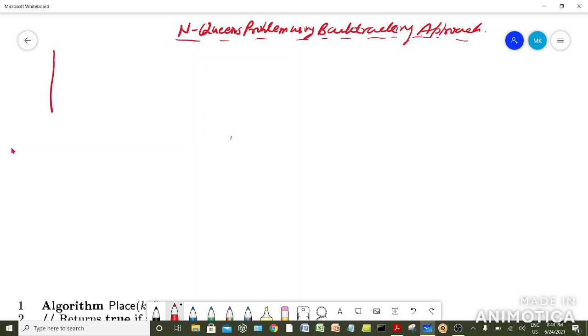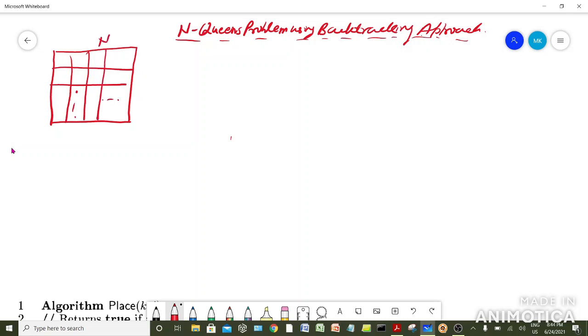So we are provided with an n by n matrix, that is a square matrix containing n number of rows and n number of columns. So the problem is that we need to place n queens in an n by n matrix in such a way